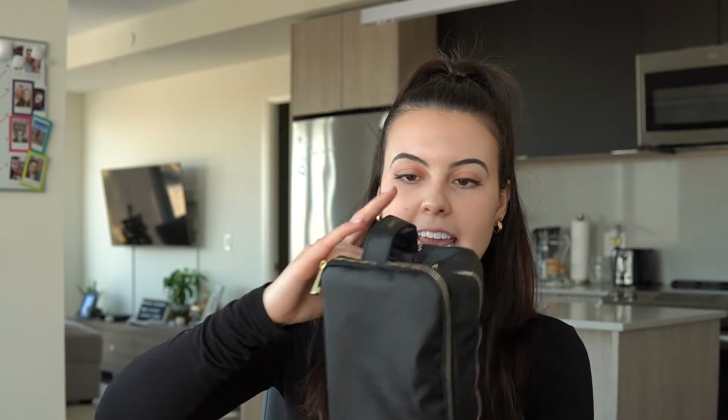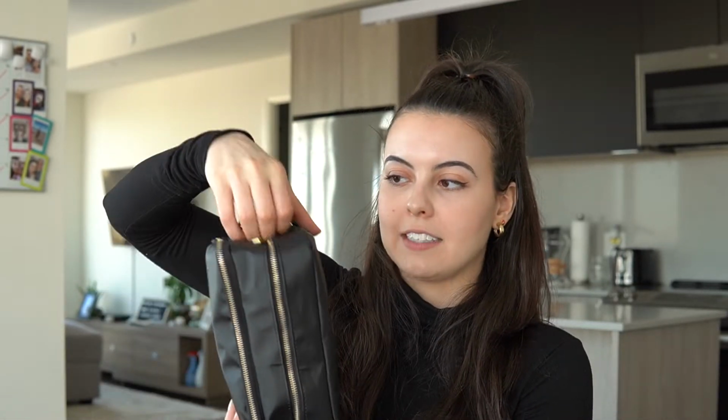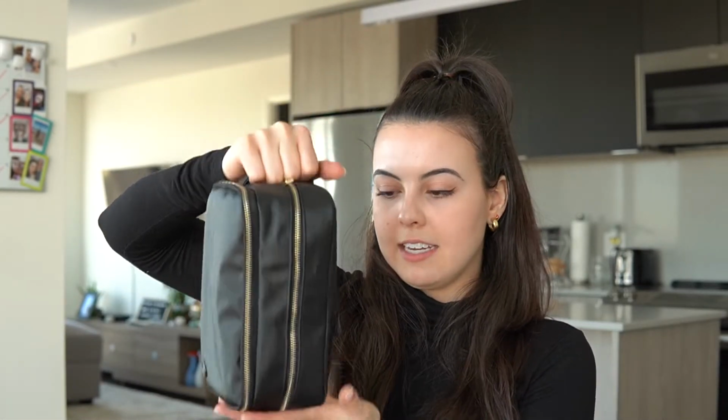You can also, if you're somebody who doesn't use roll-ons, I don't know why I call them roller balls, then you can totally use that compartment for your brushes, for lip glosses, lip balms, and just that kind of thing instead of your roll-ons. And even here, it has a nice little carrying handle, so that's nice if you're going to use it. It's all secure. And then we're going to get into the big compartment,